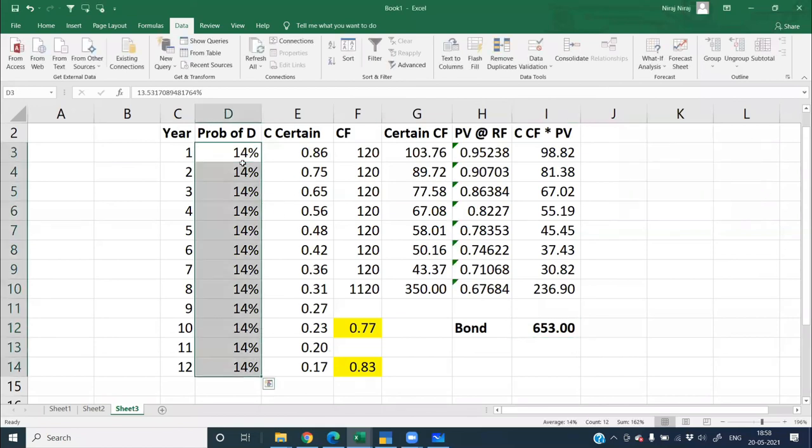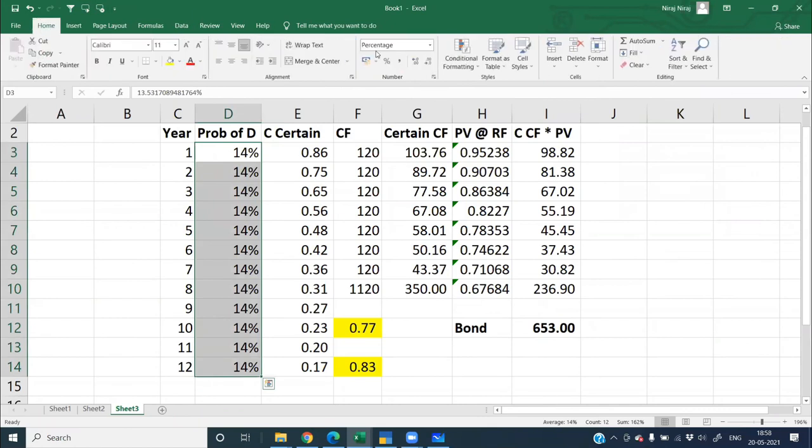So we have to just assume that it is 10% first. Correct. Then we will make the chart. For calculation purposes, you just assume any percentage. Assume 5%, 7%, 10%, whatever you feel like, you assume and you make this chart. Okay, once you do this, then you put a goal seek that you want to get your answer as 653 rupees. Then what should be the probability of default? You will get an answer of 13.53.